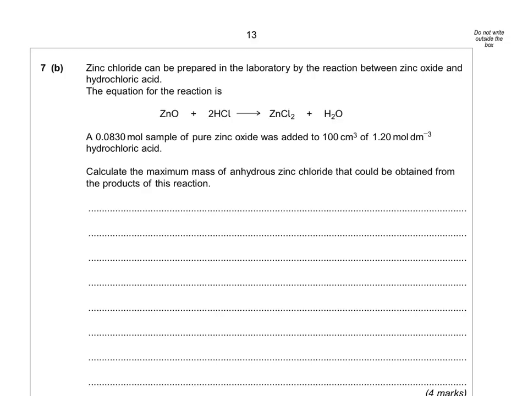Next moles question. Zinc chloride can be prepared in the lab by the reaction between zinc oxide and hydrochloric acid. The equation for that is this. It says a 0.0830 mole sample of pure zinc oxide is added to this amount of hydrochloric acid. Calculate the maximum mass of zinc chloride that could be obtained. So this is a classic Mr T question. So first is moles. Well, you've already got your moles. It tells you that